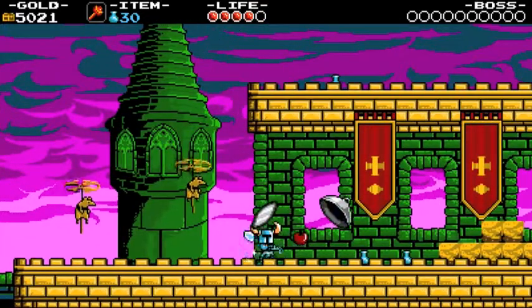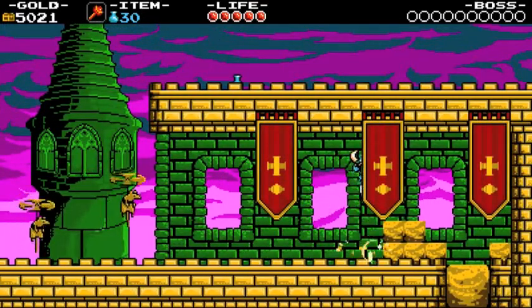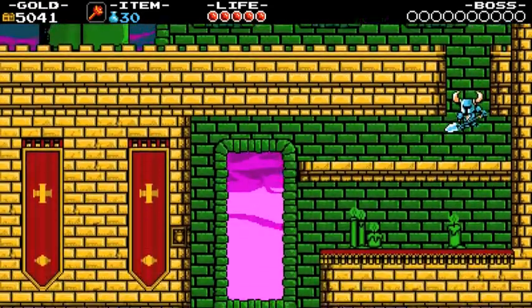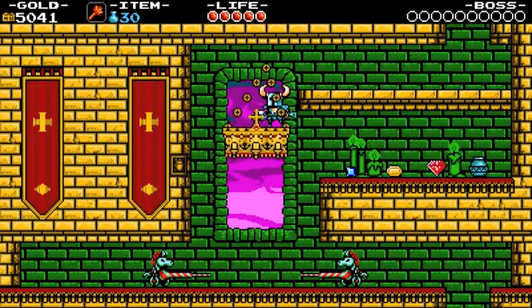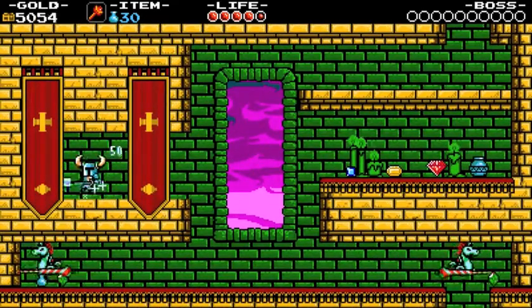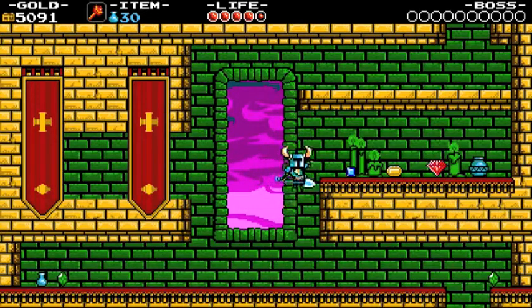Yeah, if the enemies aren't dropping money, they're most likely going to drop magic. Or nothing. No! Okay, well we can at least get this one. Yeah, we're screwed in terms of those magic, so...